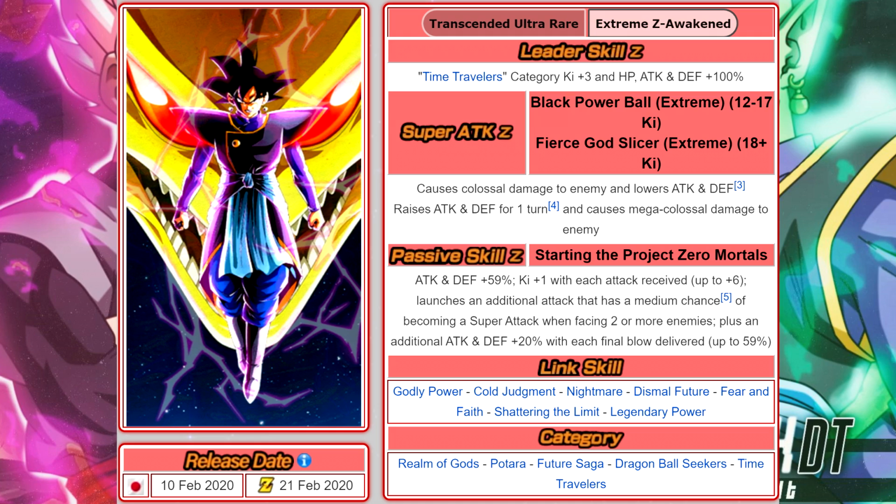His passive skill, Starting the Project Zero Mortals, gives him 59% attack and defense at the start of turn. Then he gets 1 ki with each attack received up to a max of 6. Then he launches an additional attack that has a medium chance of becoming a super when facing 2 or more enemies. And then he gets an additional 20% attack and defense with every final blow delivered, up to a max of 59%. So, very, very good when it's all combined together. I'm curious what is...